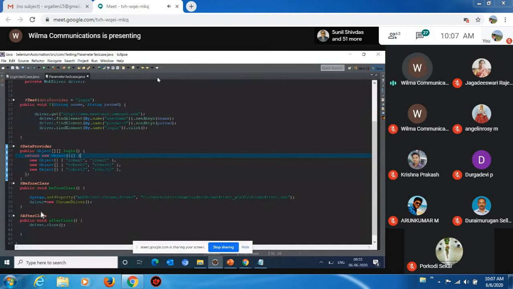Second, we discussed how to write login test cases in Selenium TestNG WebDriver. Then we discussed how to make parameterized test cases for the login functionality with three different sets of input conditions.